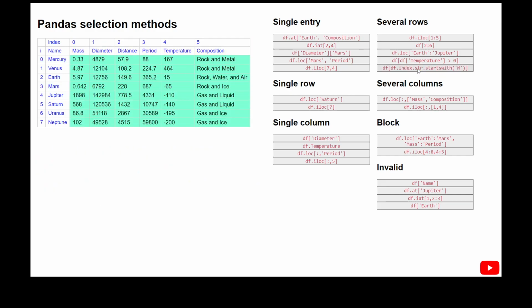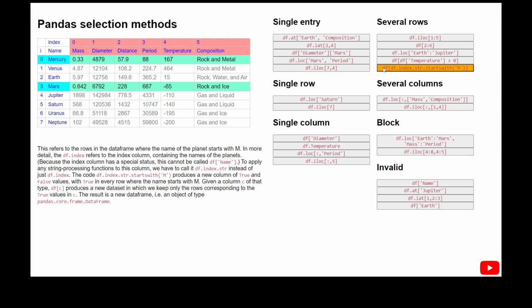I've also put in this little dot str in the middle. You have to do that whenever you want to treat a column as a column of strings and apply string methods to it. You have to put in this extra dot str to tell Pandas that you're thinking of the column as being a column of strings. So we do df.index.str, which gives us this column regarded as strings, and then the startswith method, which only applies to strings. Then we do dot startswith M, which gives us again a sequence of true and false values, true for every row where the planet name starts with an M, and false for the other ones. And then you put df square brackets on the outside, so that gives you a smaller data frame